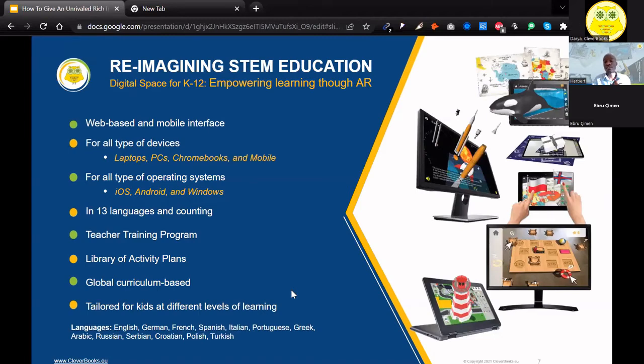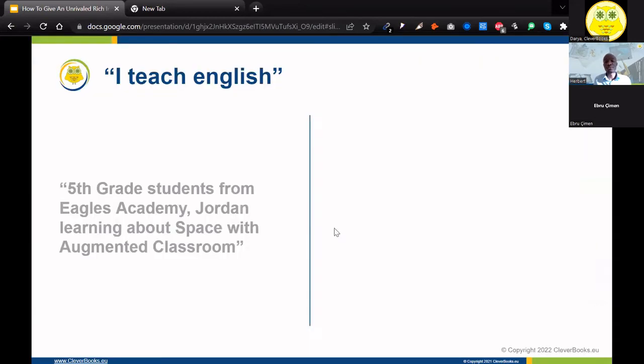And the idea here is the solution is going to work with any of the devices that you have at school. Laptops, PC, Chromebooks, mobile. It's a web-based application, so you don't need to download anything on the computers, but it does have mobile applications, and it's going to work for any Android, iOS, Windows, with a lot of languages to integrate your students, a lot of support services, the libraries, as well as any curriculum from the world that you have in your school. We probably have it there, and if we don't, we'll be able to create it for you manually if we have to. So we have all this for you.